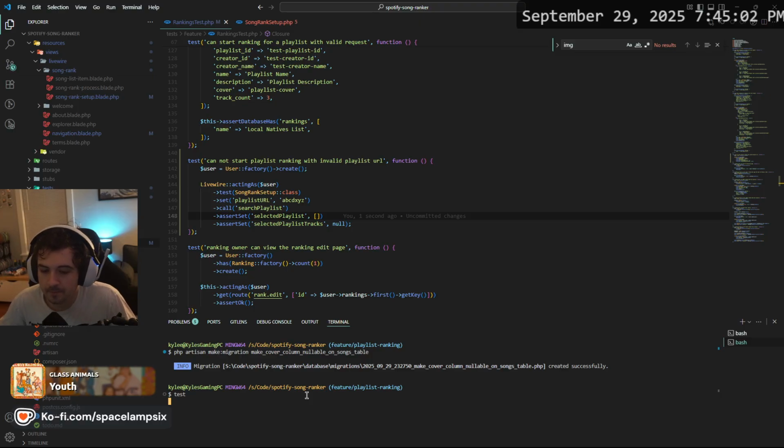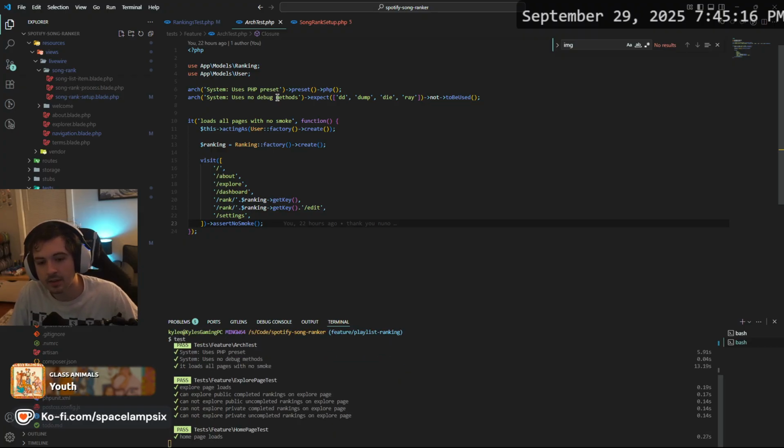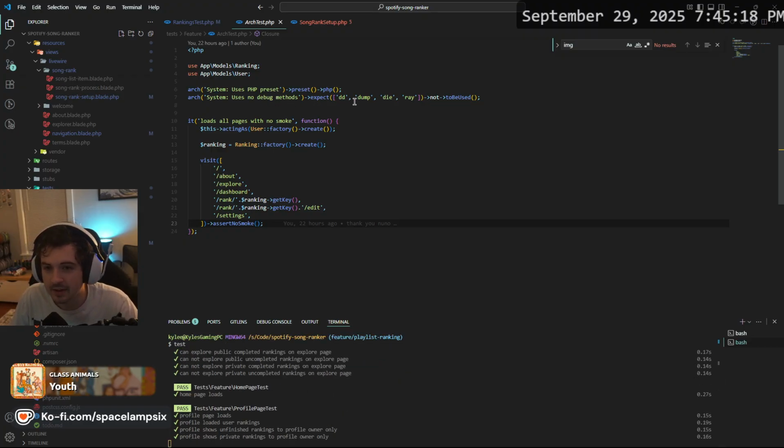We will see. I also set up these architectural tests. And basically it says, hey, the system doesn't use the PHP preset, so there's no legacy stuff. Then it says it doesn't have any lingering debug methods.